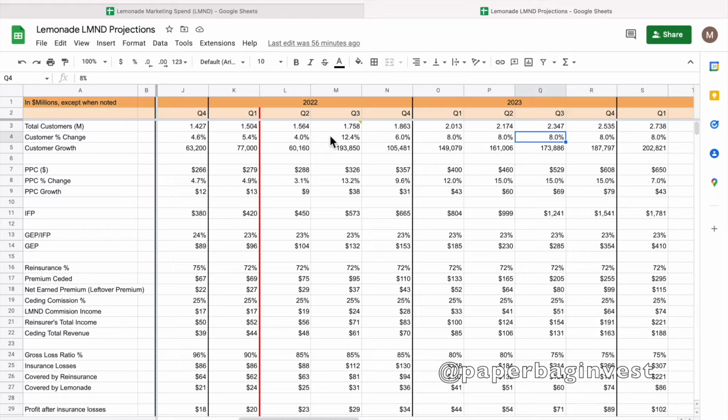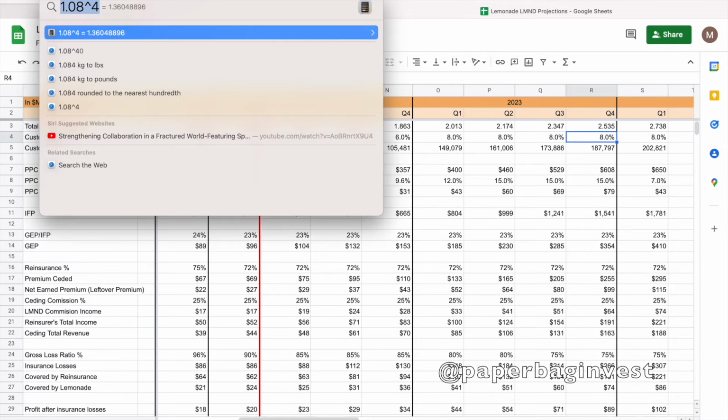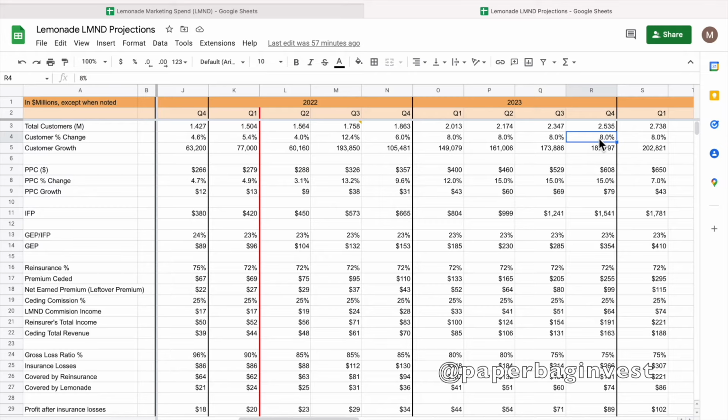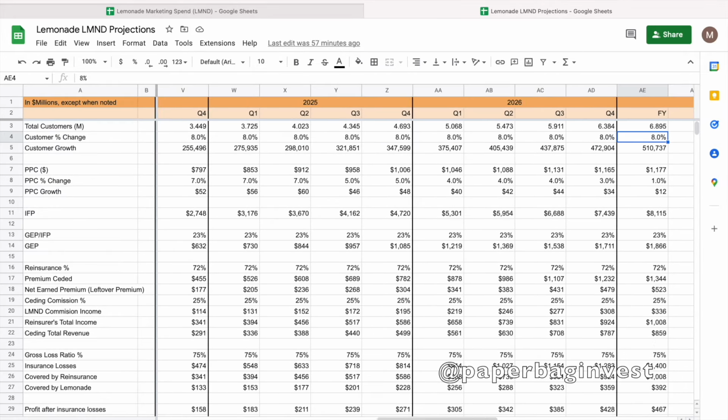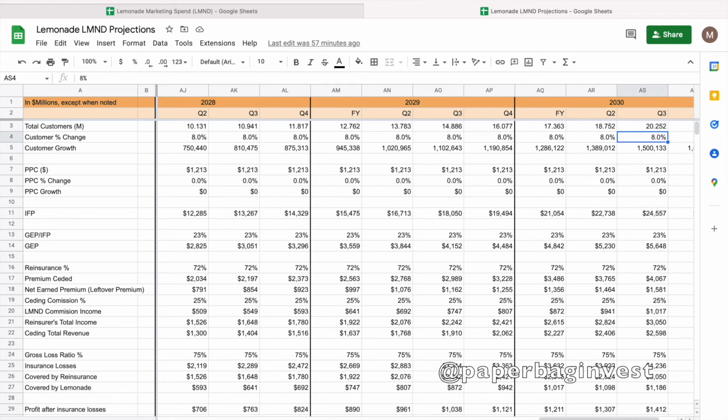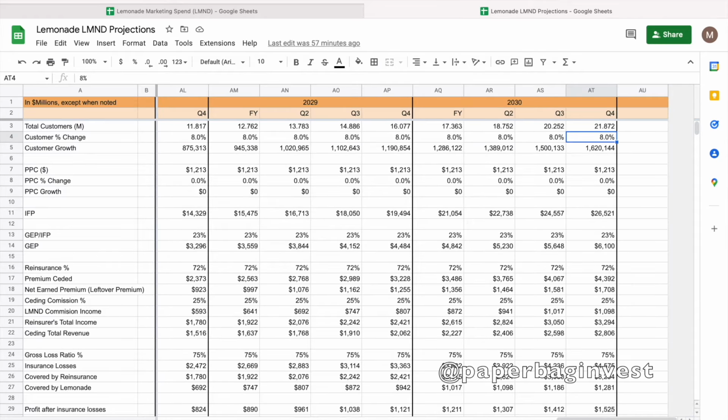I think it could be easier to attract more customers because they have a more comprehensive suite. You get your home insurance, your pet insurance, your car insurance, all from Lemonade, all in one stop, one shop. So I'm projecting 8%, or 36% annual growth if you look at 8% over several years. If I just keep extending that out, I don't think this is totally unreasonable. You get to the end of 2030, you could be at maybe 22 million customers, 20 million customers plus.